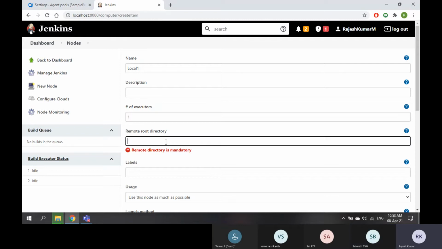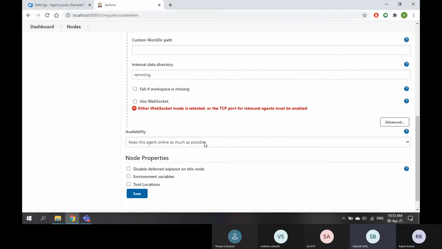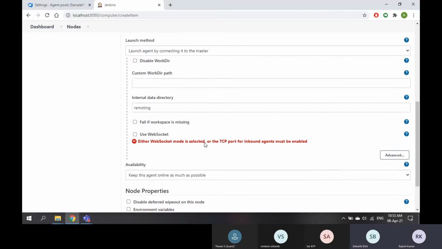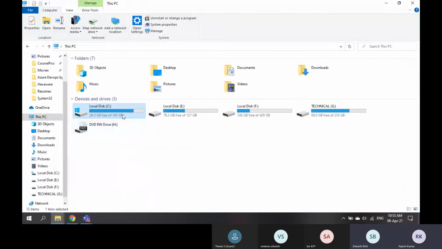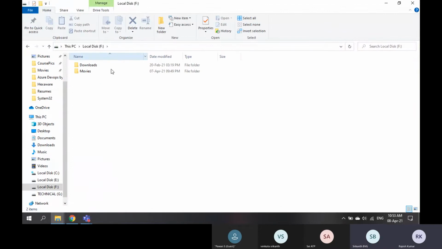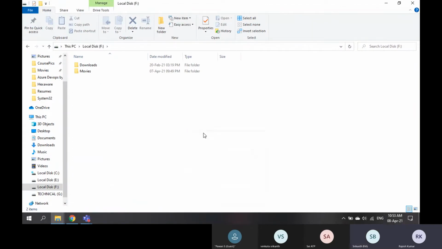So this is the node's remote root directory. As I have less space, I will create something in the local disk. Here I will create a new folder and name it local one, to make it simple.